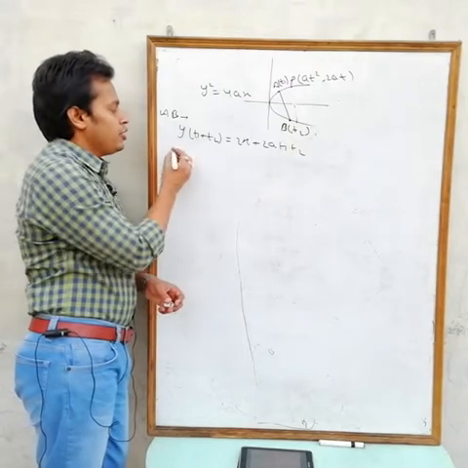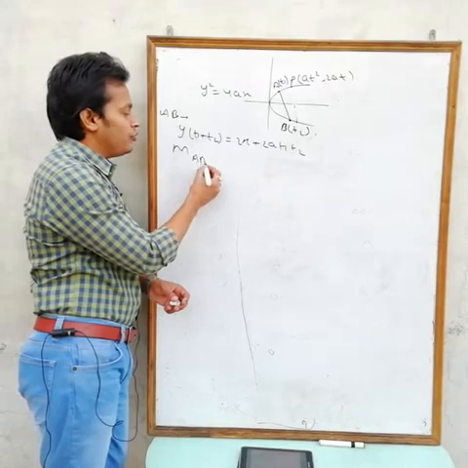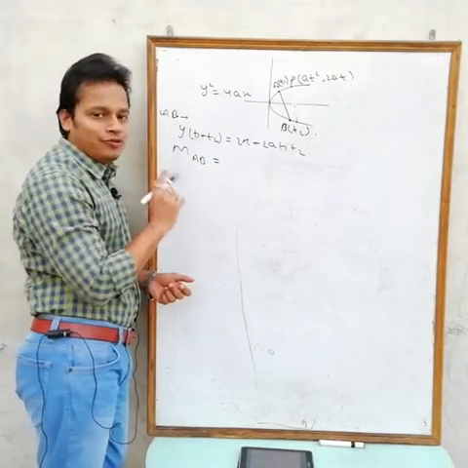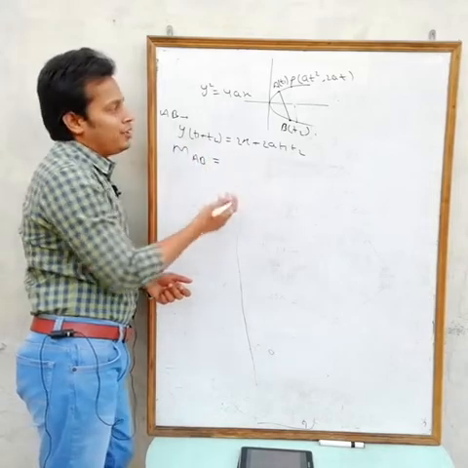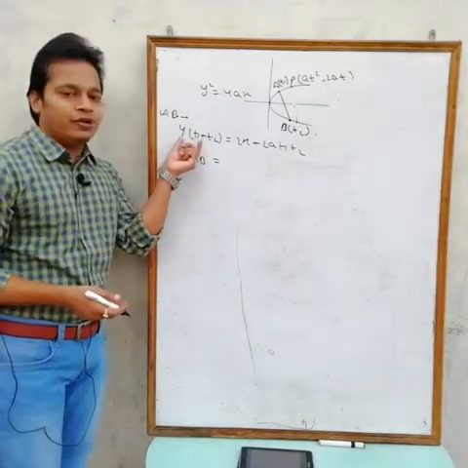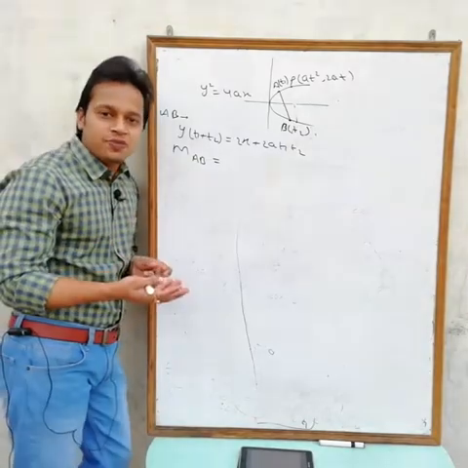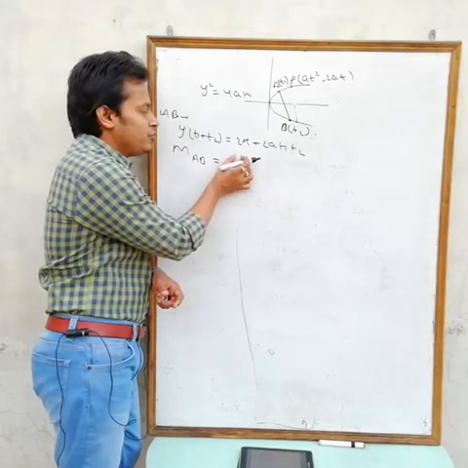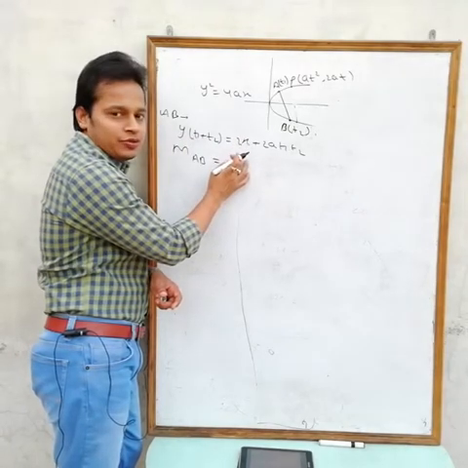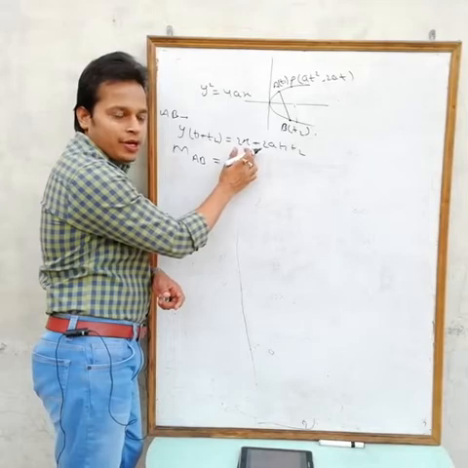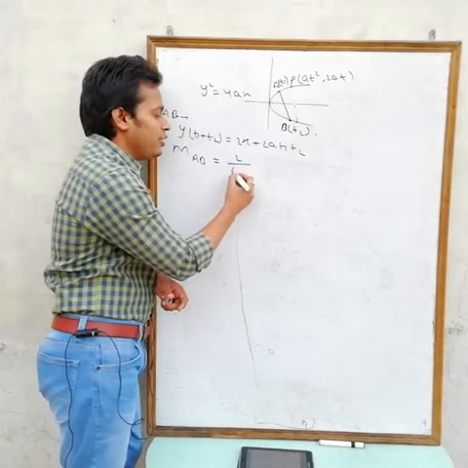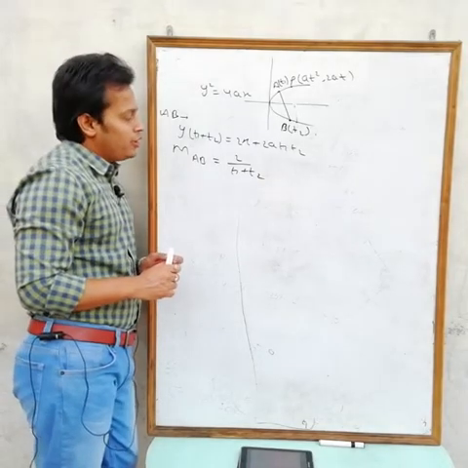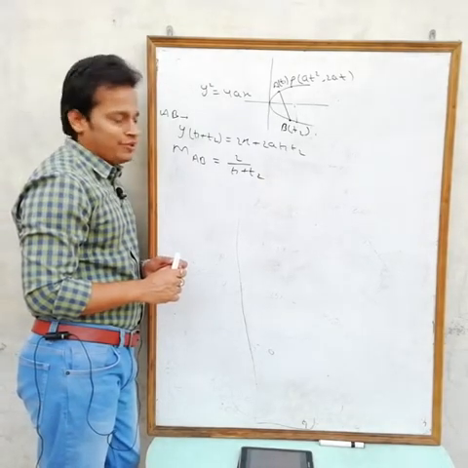Now, the slope of the chord joining AB is something we have to remember. Directly, this is the equation of AB, so you can convert it into the form y equals to mx plus c to get the slope. If you divide by t1 plus t2, you will get 2 by t1 plus t2 into y equals to mx, so m is equal to 2 by t1 plus t2. So this is the slope of the chord AB, the line joining t1 and t2.